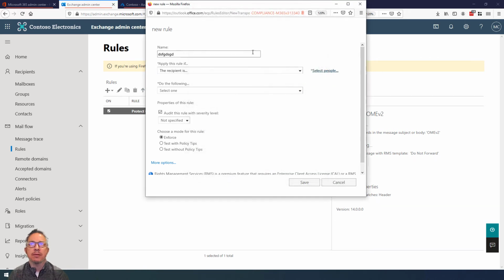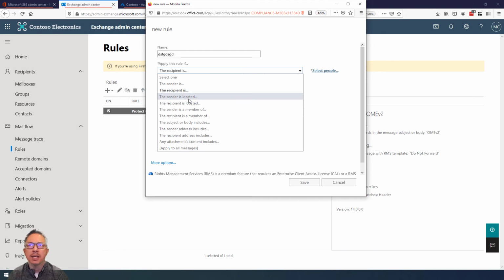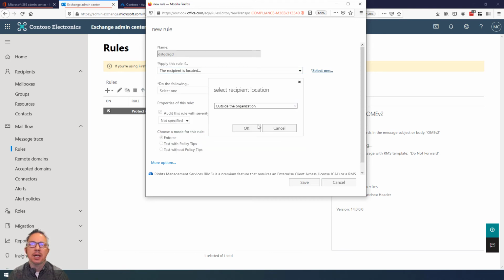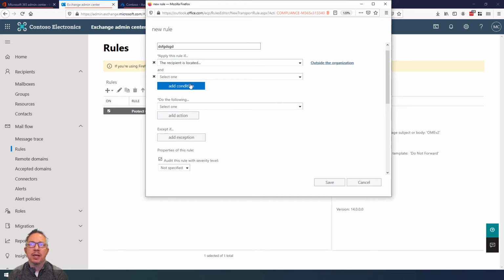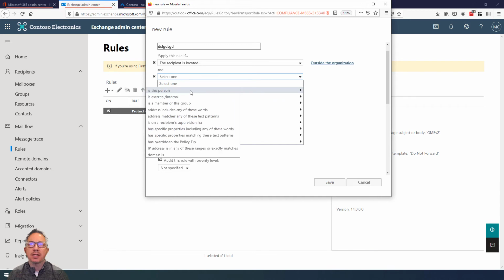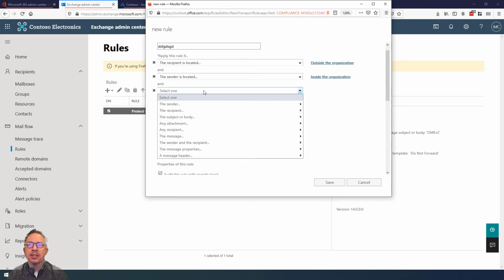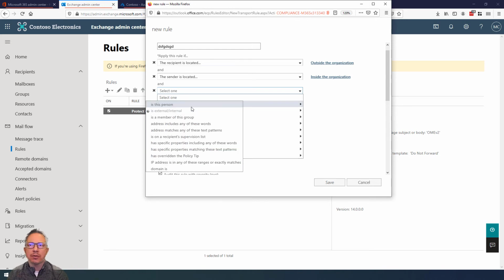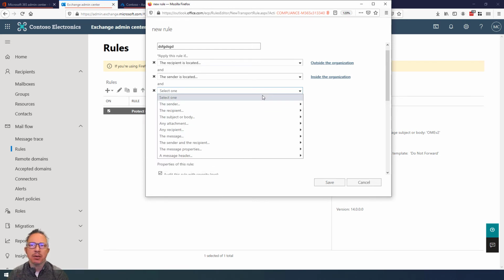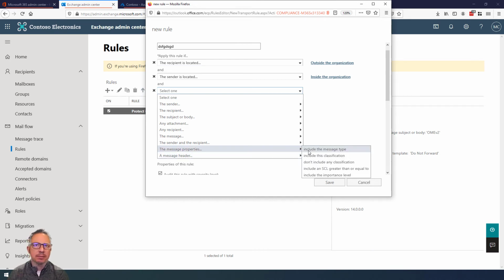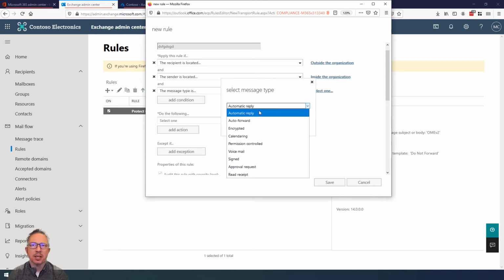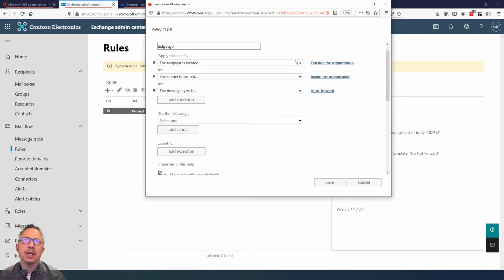So we could do if the recipient is located, sorry, the recipient is located outside the organization. Then I can say more options here, add a condition, and say if the sender is external or internal, is internal, add a condition, and then of course we can start looking at the properties of the mail. I'm not a great fan of this kind of interface, but you can see it slides things out. So if I do message type and say auto forward and click apply,